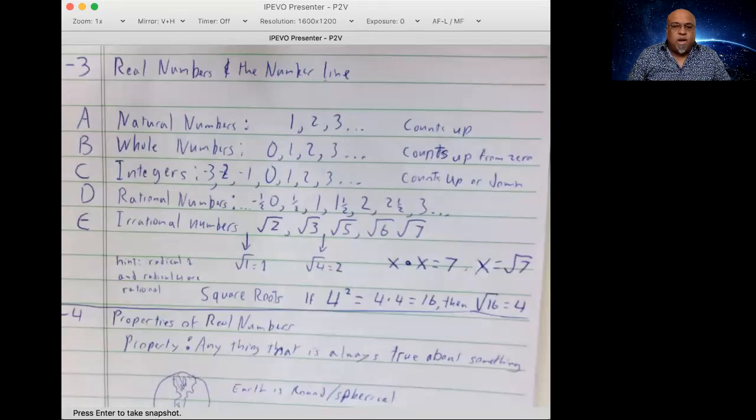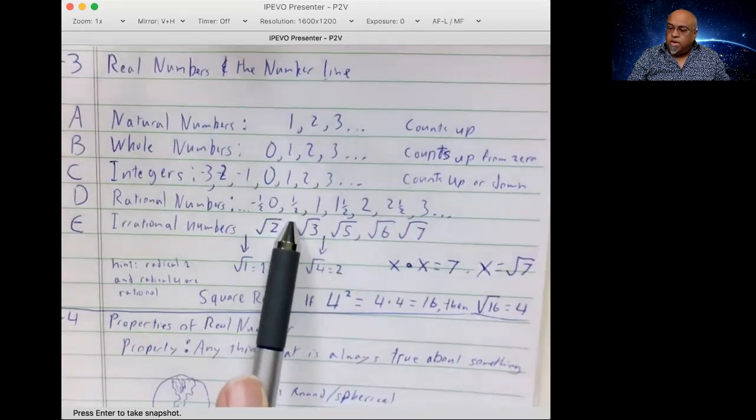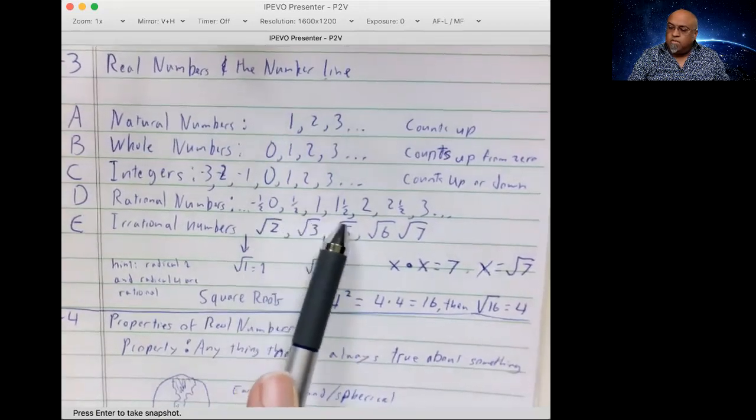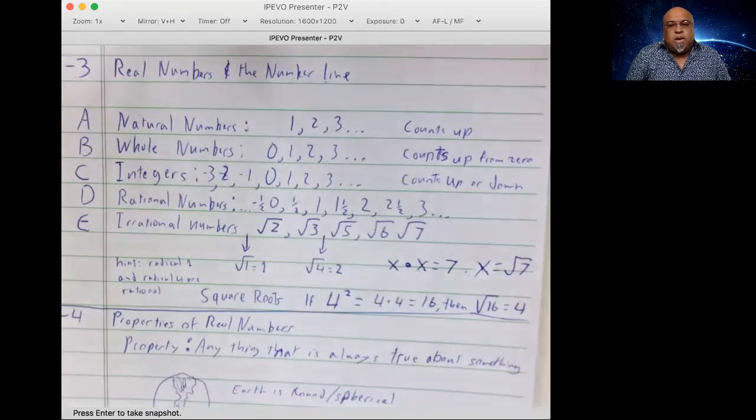Part D is rational numbers. And I start it with -1/2, 0, 1/2, 1, 1.5, 2, 2.5, 3, and so on. Now, rational numbers is sort of an algebraic code name for any number that contains a fraction or decimal, sometimes a percent. Since percents do count